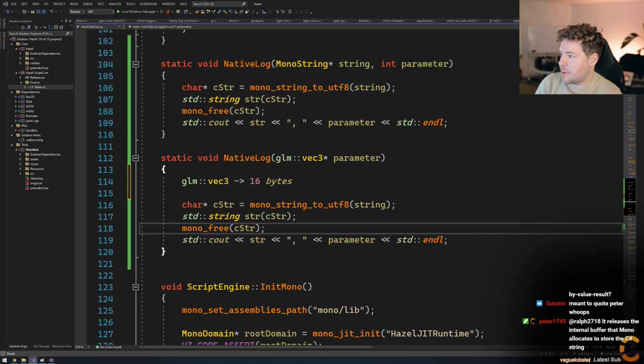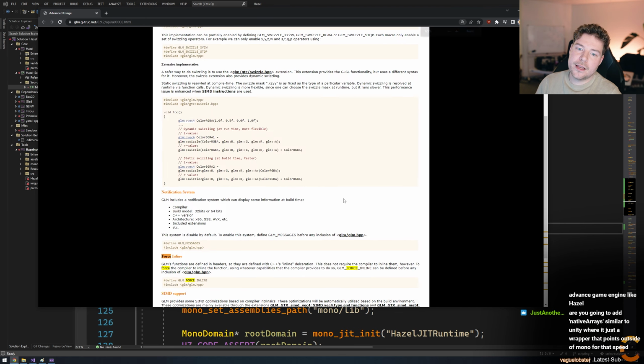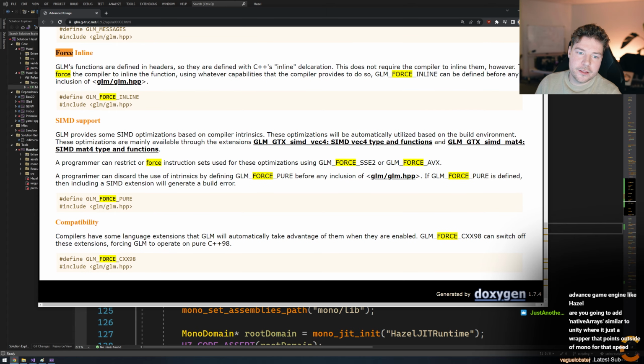Now, I'm trying to find it. They had a page on GitHub, I remember I read a while ago. But basically, you can force this by using GLM force SSE2 or force AVX, and then you can get the SIMD support.